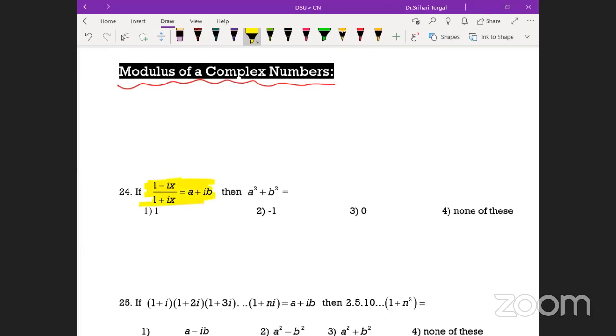They give you any one question like this, and if they ask you to find out a square plus b